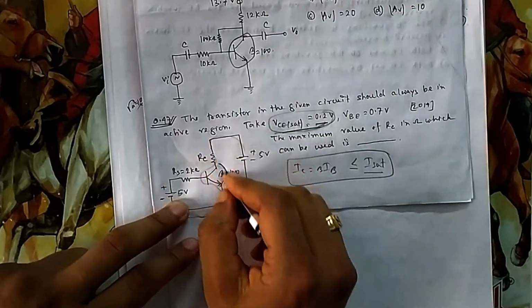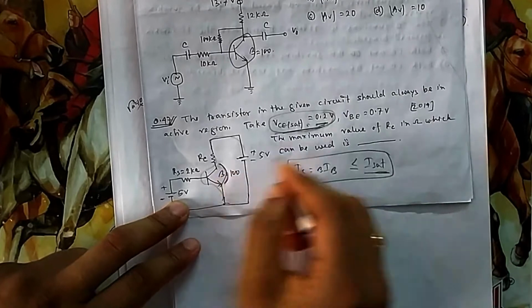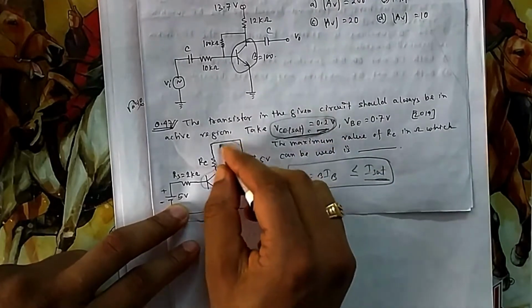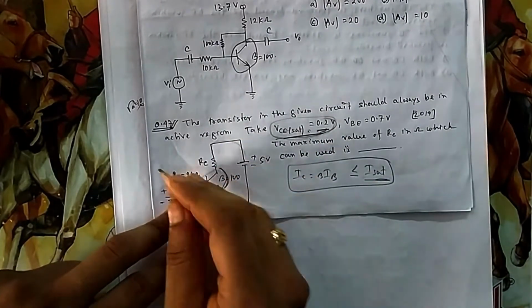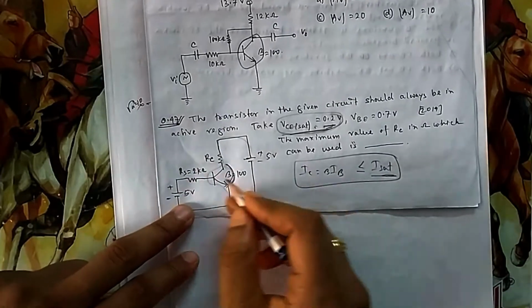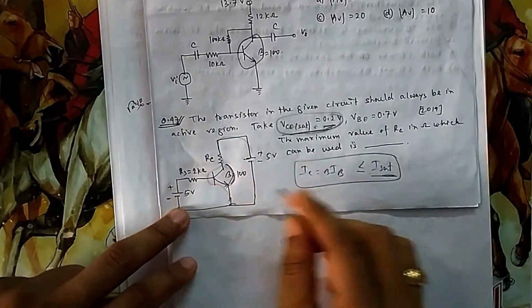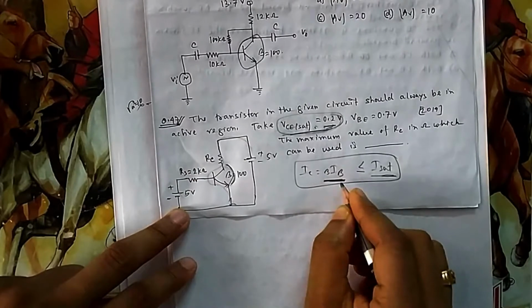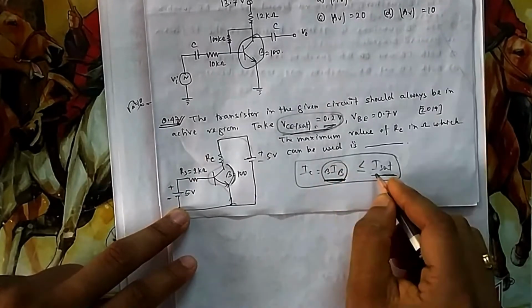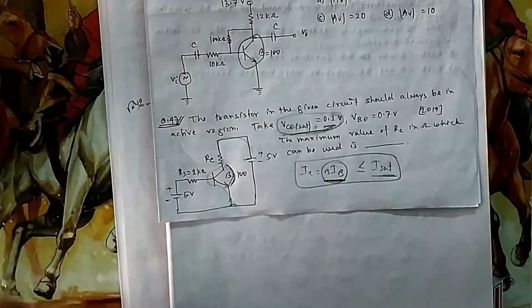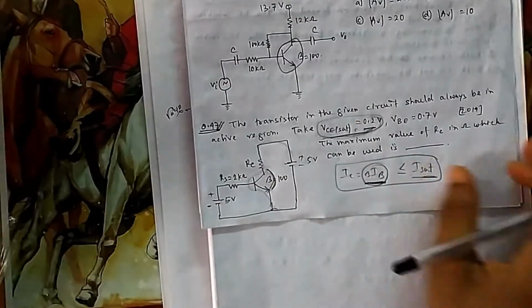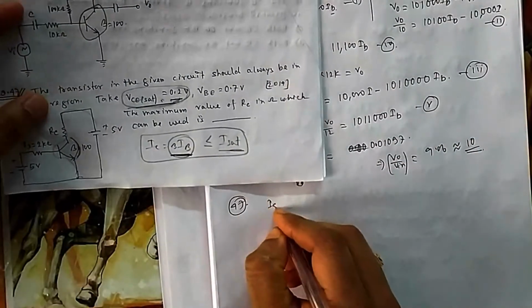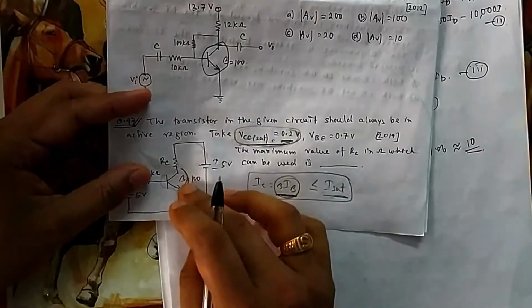That means we will calculate this IC saturation, because IC saturation is easy. Because this is given, you directly take KVL. Because it is in saturation, you forget about the base. And once we consider that it is in active region, the active IC should be less than or equal to your saturation. From there we will find a case. So what will be I saturation here? This is your 5 minus 0.2.